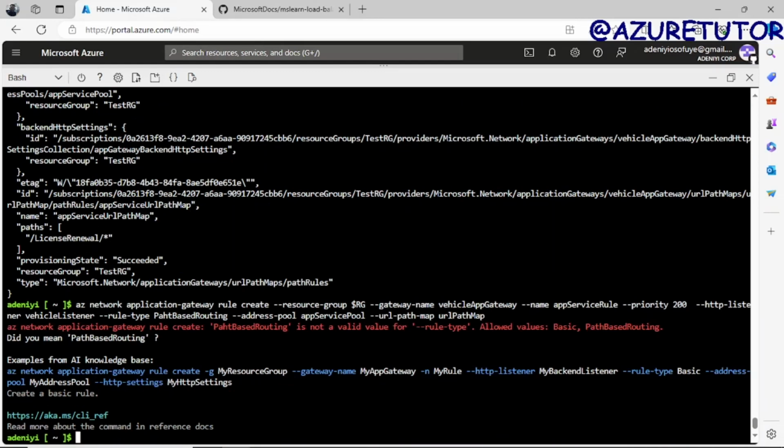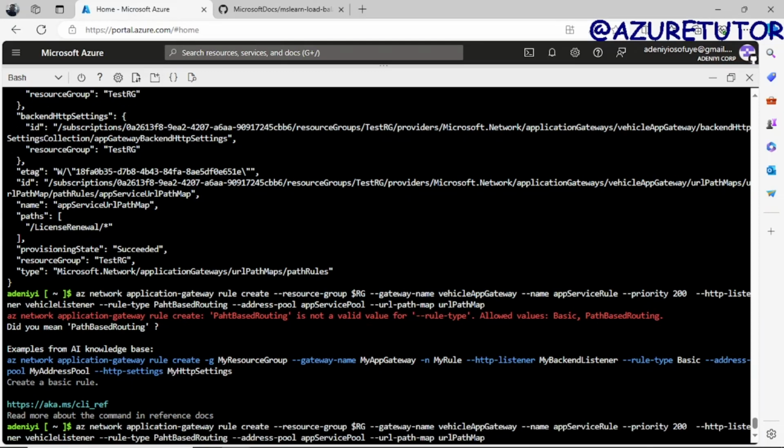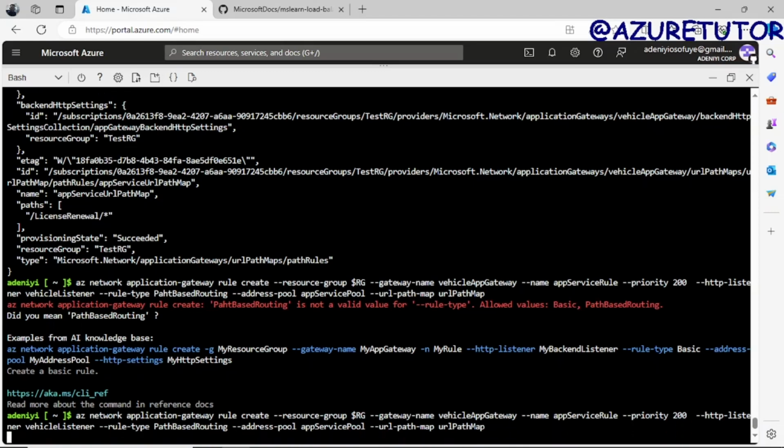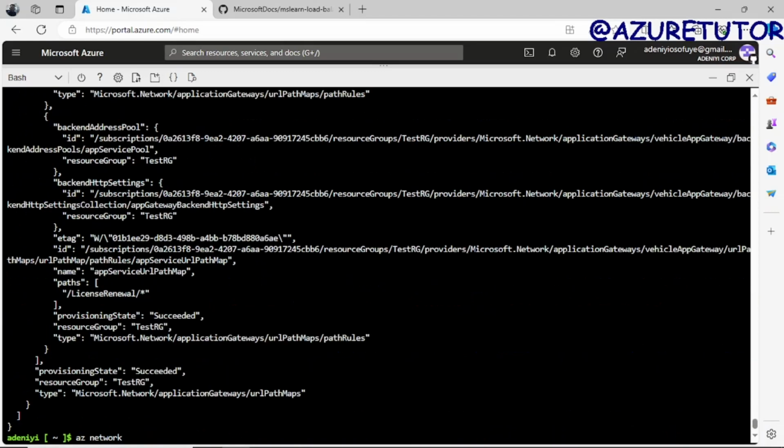I've seen one again. Oh no, what is it here? Path-based routing. Cool. az network application-gateway